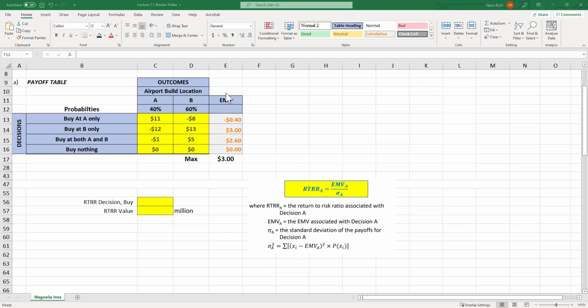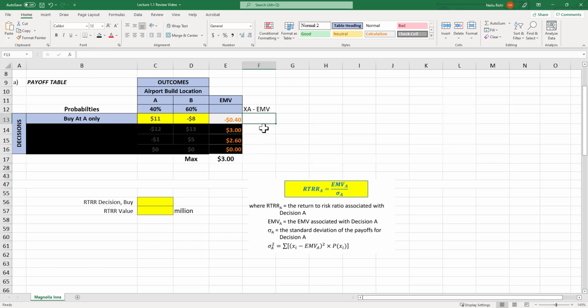I'm going to start here by focusing on this term, x minus the EMV. So I would have the x for, say, A minus the EMV. So that would be just focusing on one decision at a time. I'm going to black this out. Let's focus on the decision to buy at A. What I would be doing is the payoff would be my x value minus the EMV for buying at A